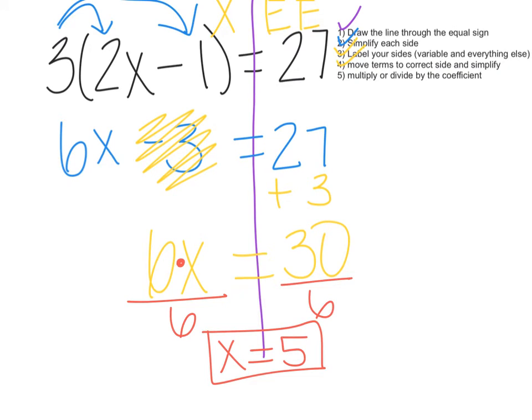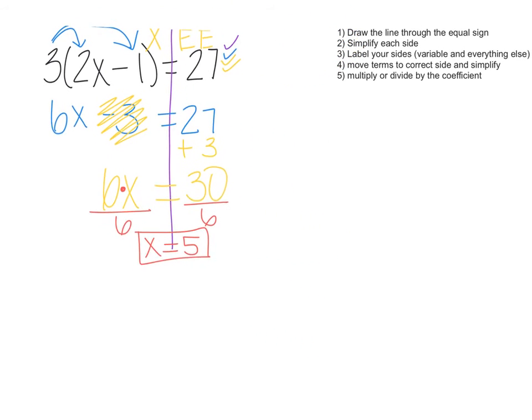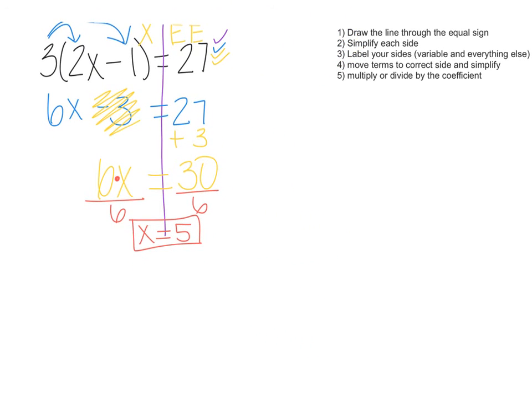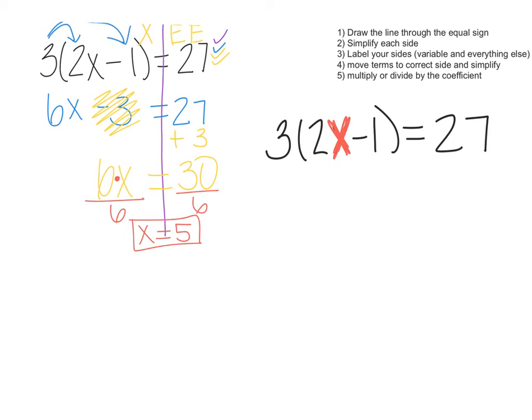Now recall that you can check that answer to make sure that it is correct. So when we do that, that means we're going to take our original problem, so 3 times 2x minus 1 equals 27. And instead of x here, I want to replace that x with 5 because I've already done the work and I've figured out that x really should be 5. So this x is going to become 5. So I'm going to rewrite the problem